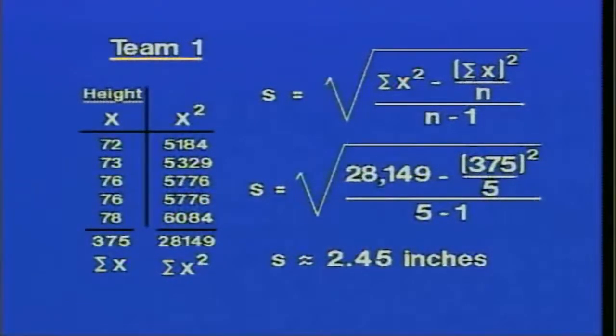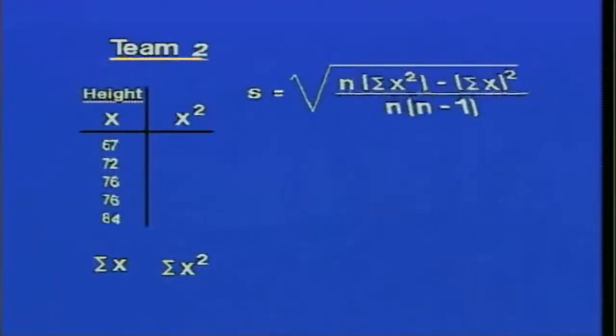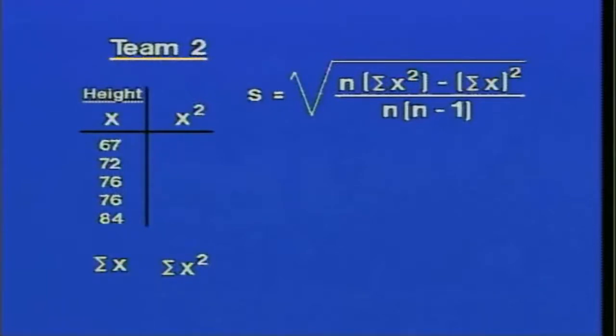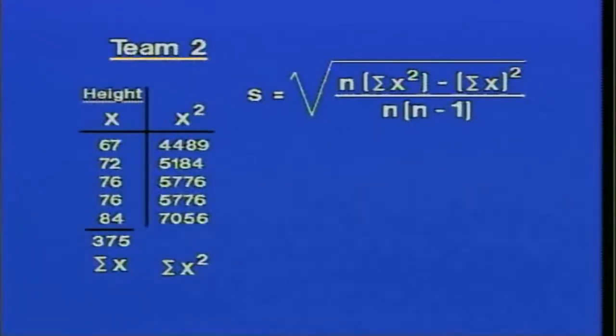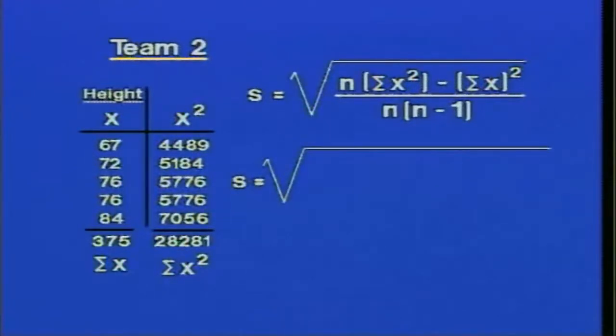Well, let's look at the other formula in a very similar way. It's very easy to use. We set up the columns in the same way that we did before. And the first thing that we do is add the heights, and then we do the squaring for each of the items. We add those values, and then we're just taking numbers from the bottoms of these two columns to put into our formula. So let's see, n is 5. The sum of x squared turns out to be